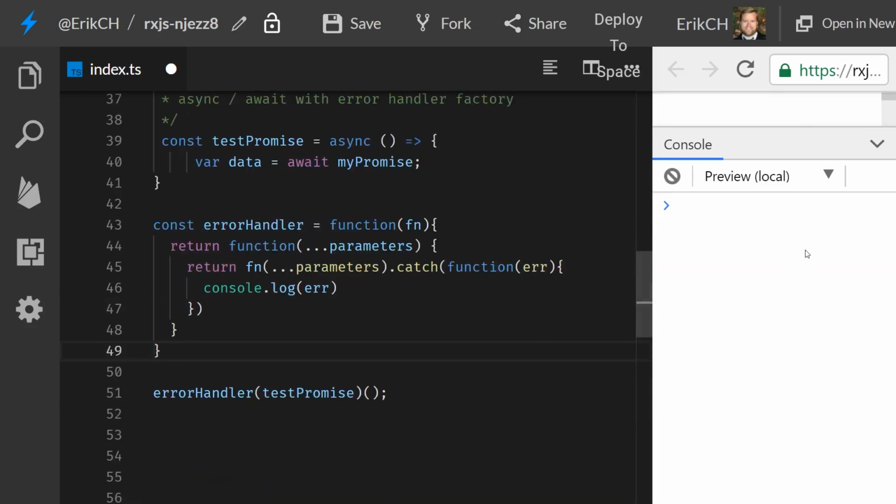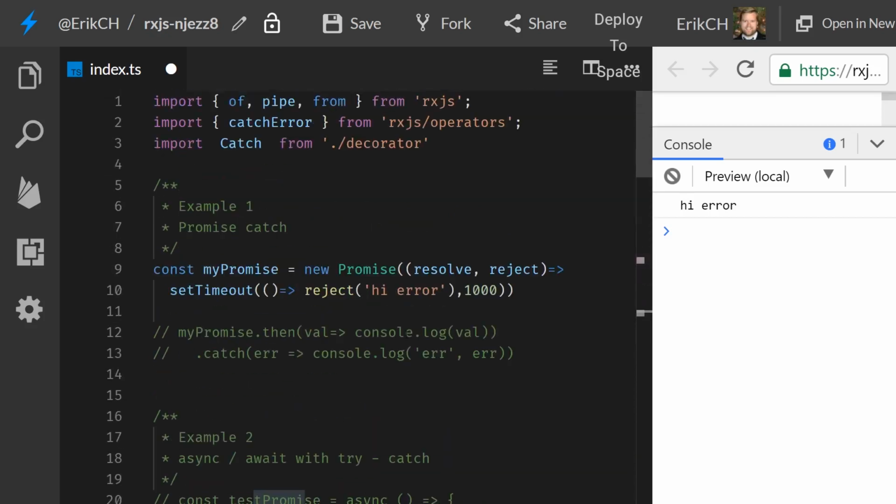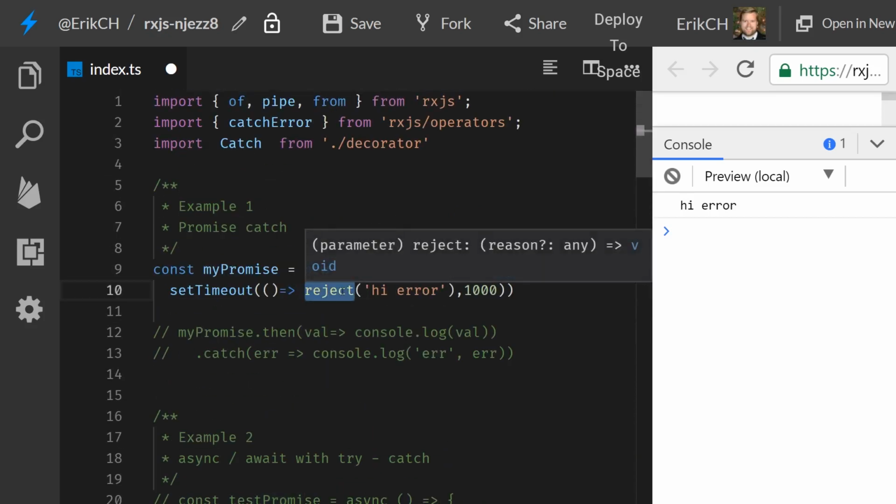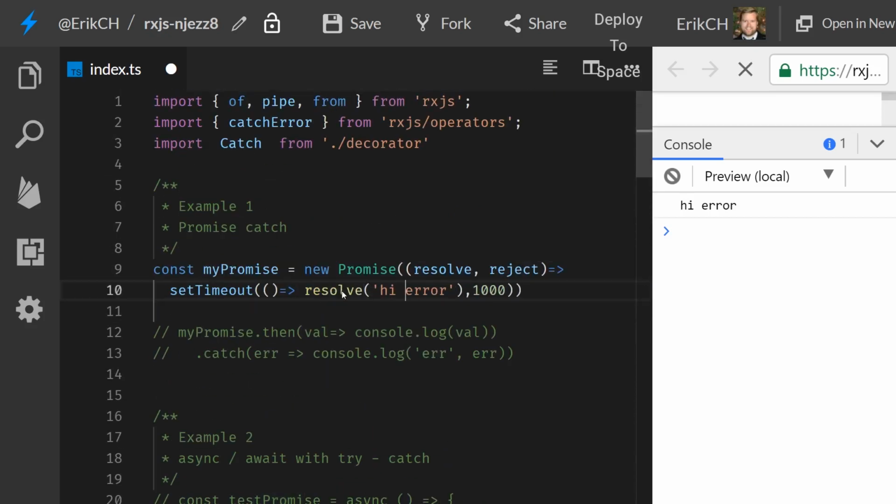So now we have this high error. What it's doing is it's attaching this function's parameters, it's attaching the .catch and then returning it, so that way it works. However, if we change this back to resolve, high working, and we reload it here,